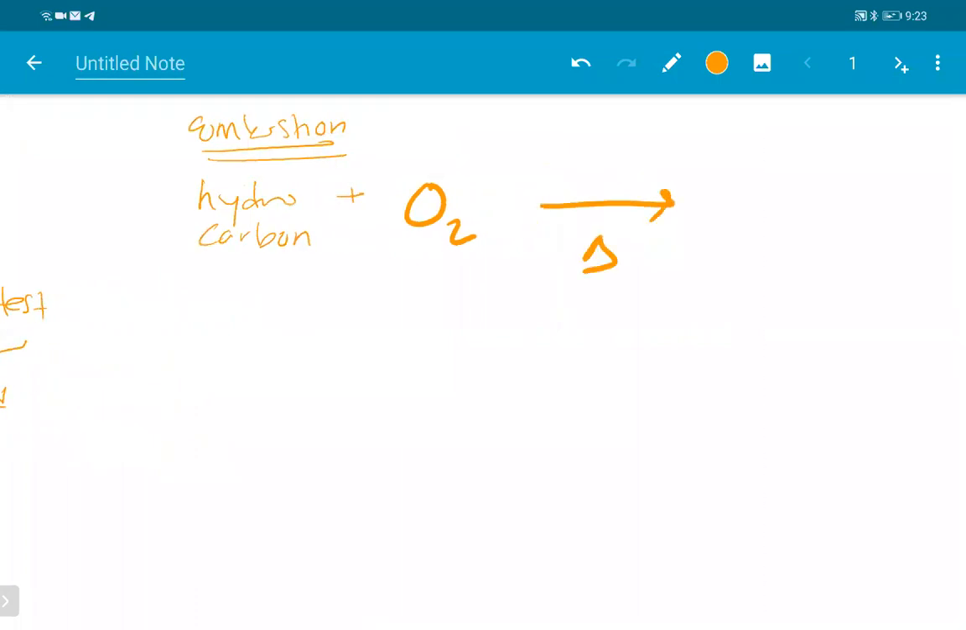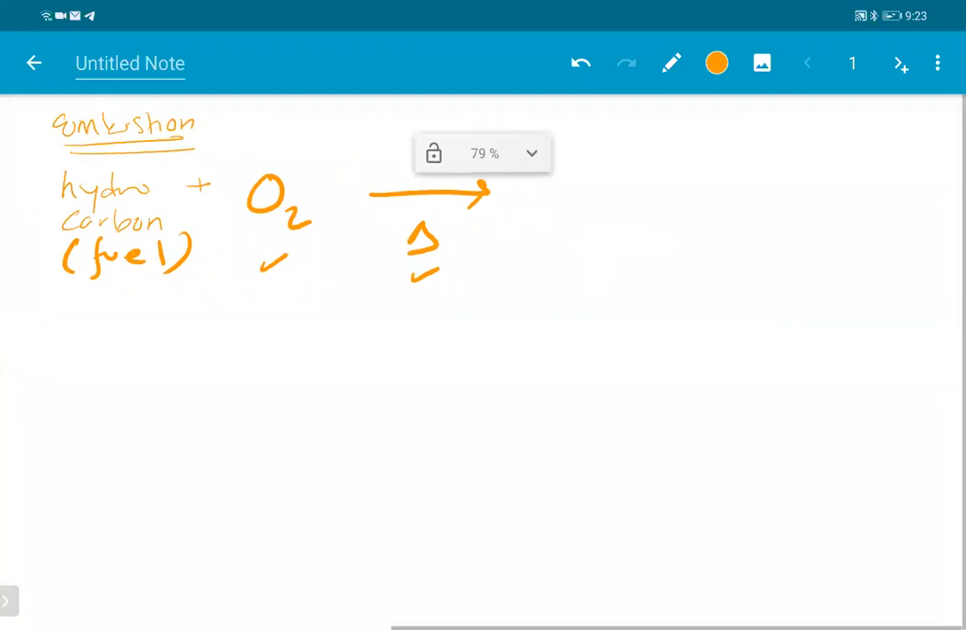Lagi satu adalah the hydrocarbon itself. Ni apa kita panggil? Fuel, okay? We have fuel. So guys, ini adalah general equation for a combustion to happen. So basically, if we have a hydrocarbon or any material, when we expose it to oxygen and also heat, upon complete combustion, hanya akan ada dua hasil saja, iaitu